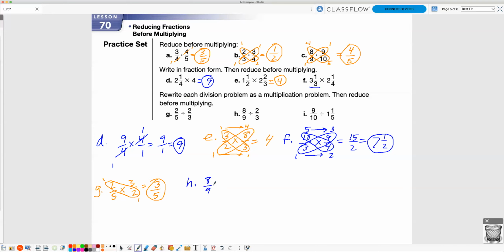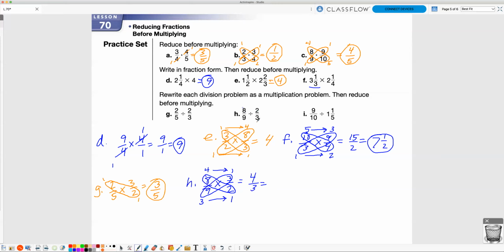8/9 times the reciprocal of 2/3, which is 3/2. All right, so first of all, I see right off the bat, 3 divided by 3 is 1, 9 divided by 3 is 3. I can do both of these divisible by 2. 8 divided by 2 is 4. 2 divided by 2 is 1. So now I have 4 times 1 in the numerator and 3 times 1 in the denominator. I'd end up with 4/3, and